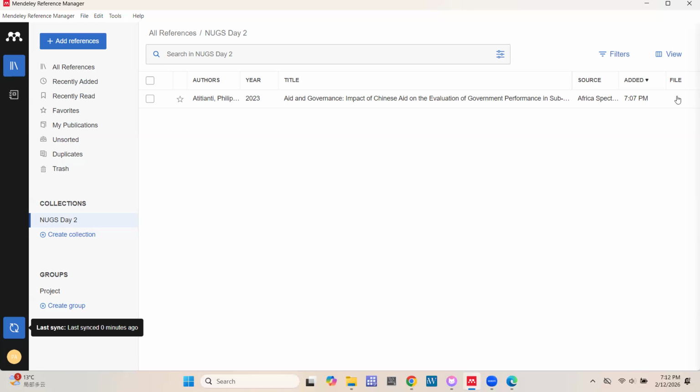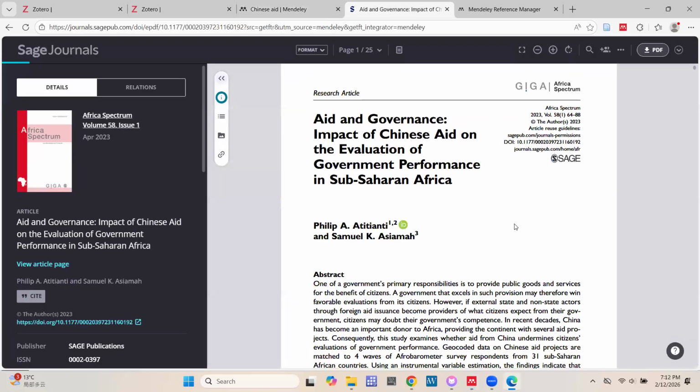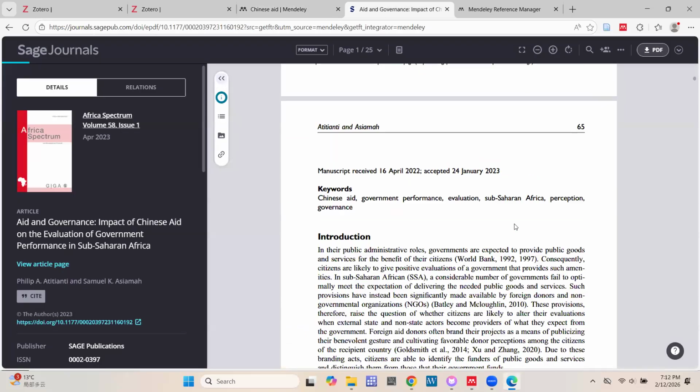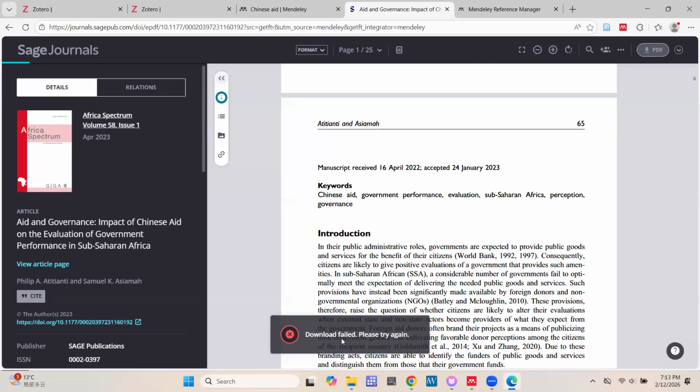That is one of the challenges you face. If we go to the journal, this is the journal website, right? You realize that it's an open access file that I can download the PDF. But it's saying PDF download failed.